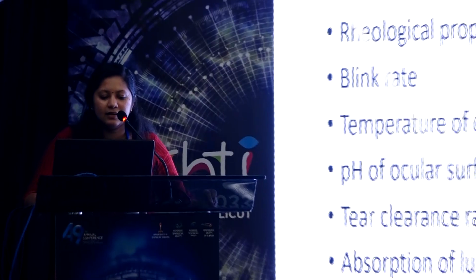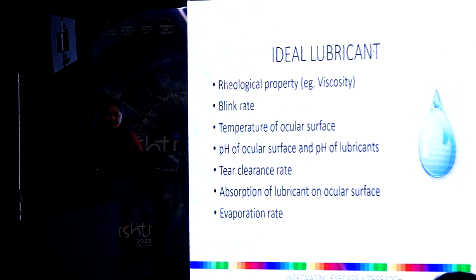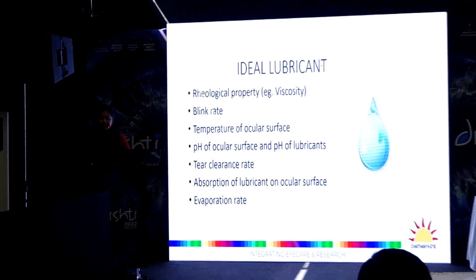So what is an ideal lubricant? It has a rheological property like viscosity. It maintains it while there is a blink rate. It maintains the temperature of the ocular surface, maintains the pH of the ocular surface and pH of lubricants. There is a tear clearance rate, and absorption of the lubricant from the ocular surface should be reduced, and it